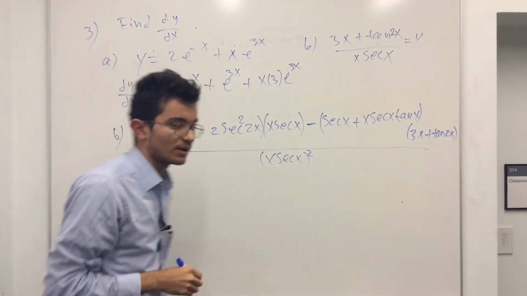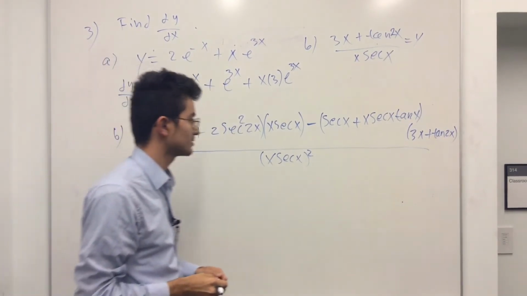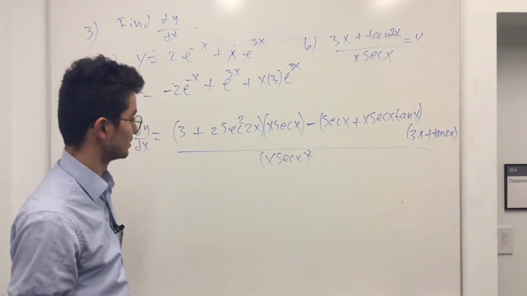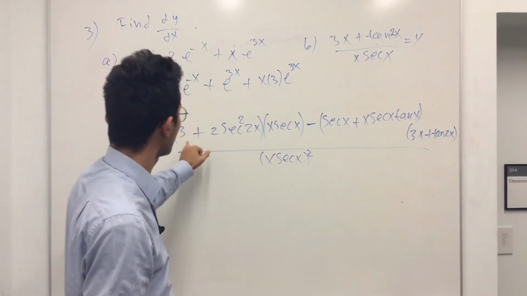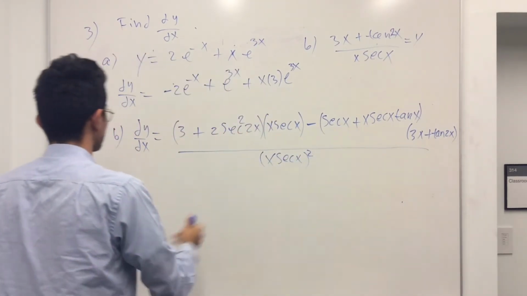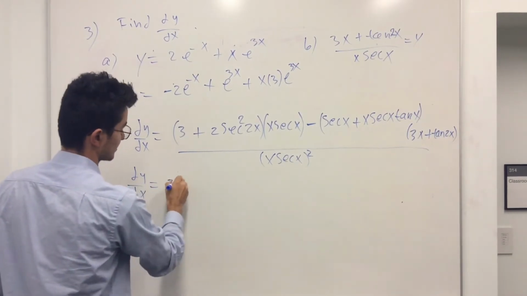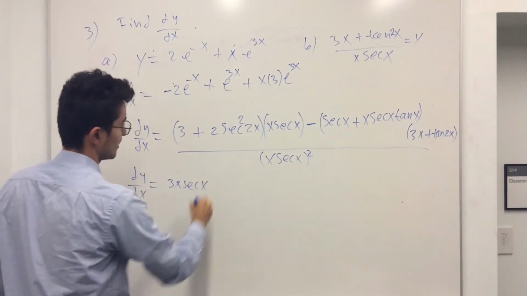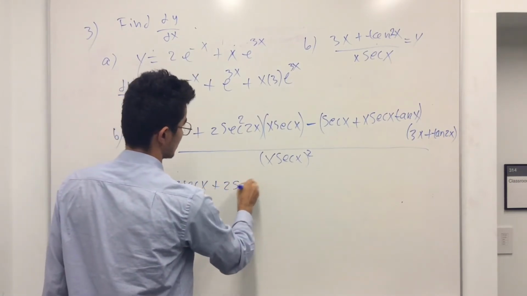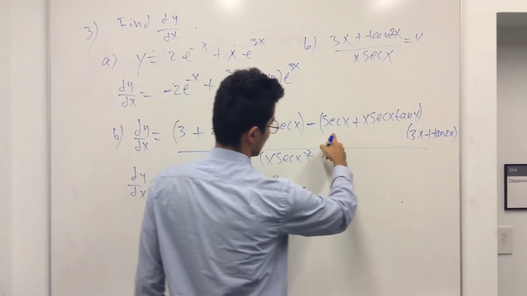I'm not sure if you're required to expand this and then simplify it. It's not like you have to simplify a lot, but you could cancel out something here. You could cancel out 3x secant x, as you can see. So if you want to do that, you're going to get something like this. dy over dx equals 3x secant x, right? And then we're going to have plus 2 secant of x, secant squared 2x, minus, okay, over here we have